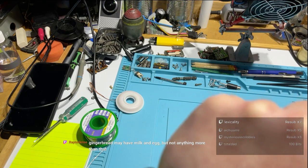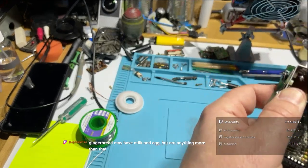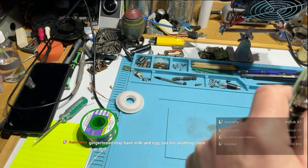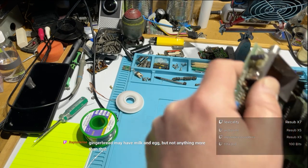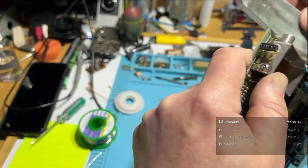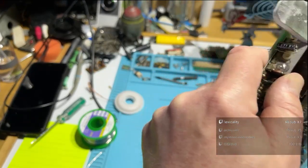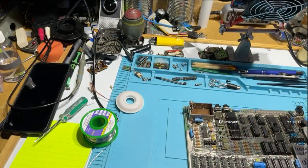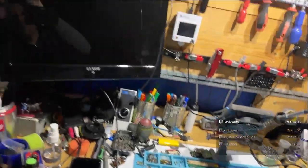Of course, the smart money would have been to clean this up before I put it back on the board, but let's gloss over that. There we go, that's a bit better. Right. Let's plug him in, but this time using...